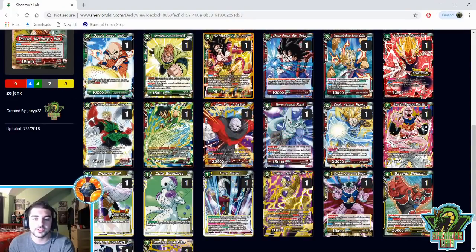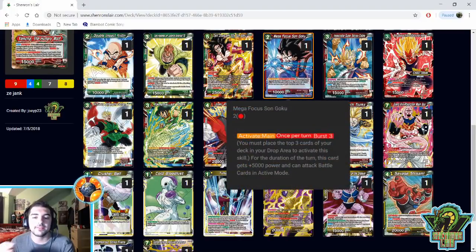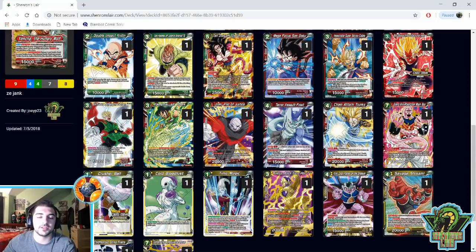A lot of the red cards you'll see here thematically are going to be able to attack active battle modes. So activate main once per turn, burst 3, so mill 3, gets any of your sparking decks a little bit quicker going on their game plan. For the duration of the turn, this card gets 5k power and can attack battle cards in active mode. So it's a really cheap way to remove some small active threats